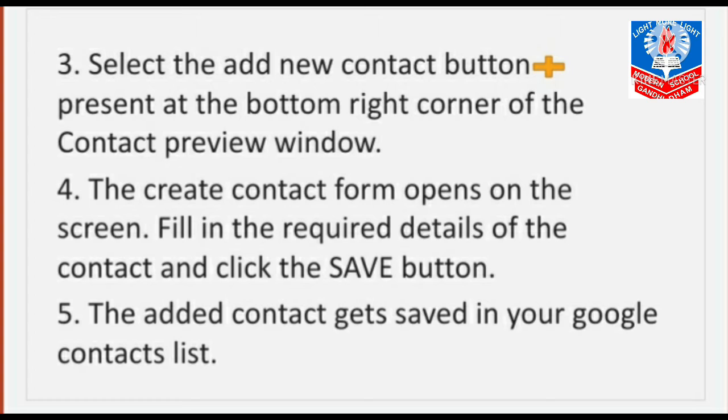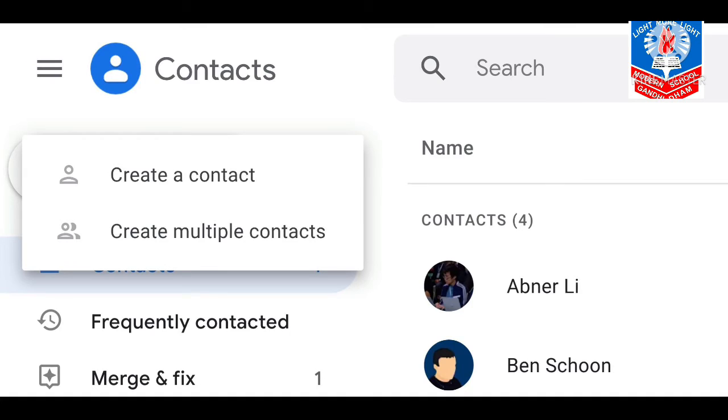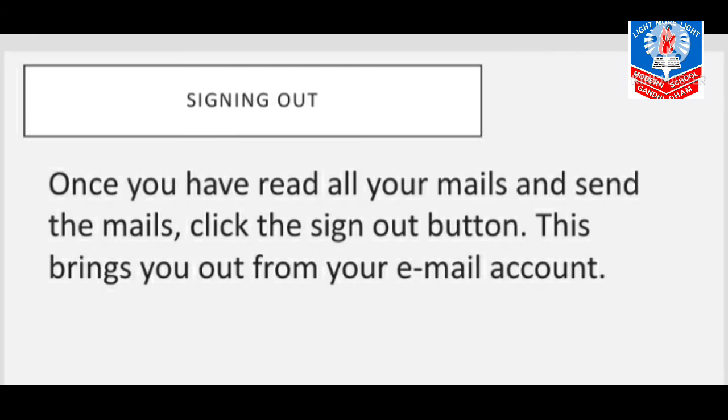The contact gets saved in your Google contact list. Let's see the image also.